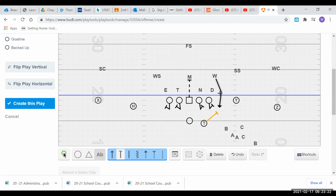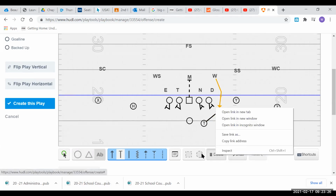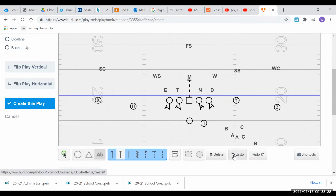But let's say this Will here, let's say he drops into coverage. Actually, let me undo here. Let's say he drops into coverage, and instead, this weak safety over here decides to come. Now, our back scanning, he's not coming. Oh, but he is. So he's going to be responsible for him. If neither one of them comes,